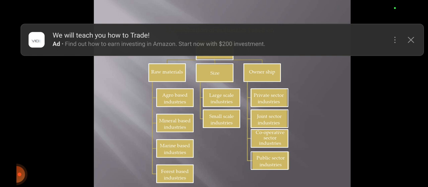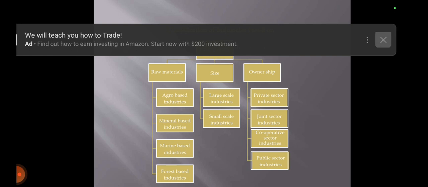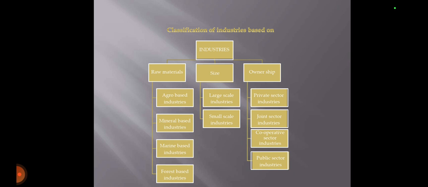This process is industry. Industry refers to an economic activity that is concerned with production of goods, extraction of minerals, or the provision of services. Thus, we have the iron and steel industry, production of goods; the coal mining industry, extraction of coal; and the tourism industry, a service provider. Now, classification of industry.